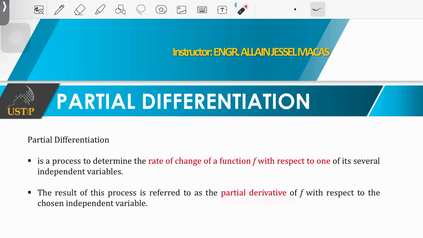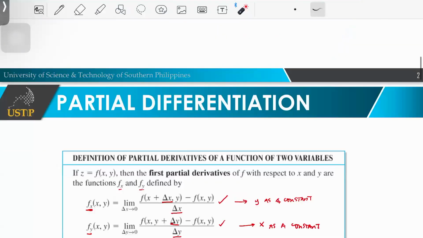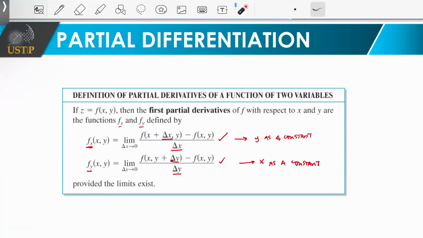So, we will no longer use the d we used before, no? It's still the same class, but it looks like a curved d. This is to denote that you are partially differentiating the function f with respect to one variable. Okay? Okay, let's have an example. Okay. So, the notation for that, class, is